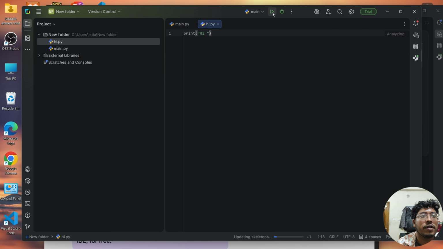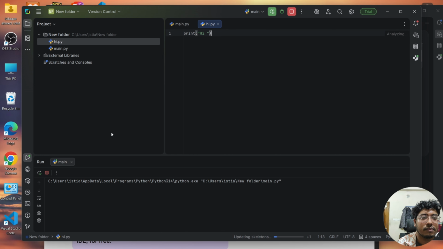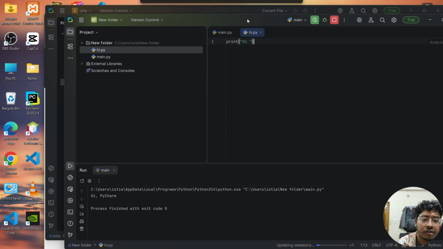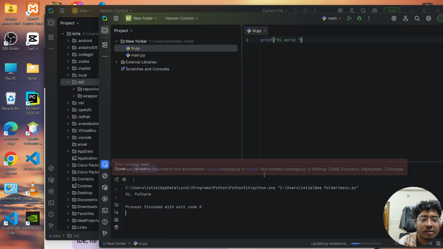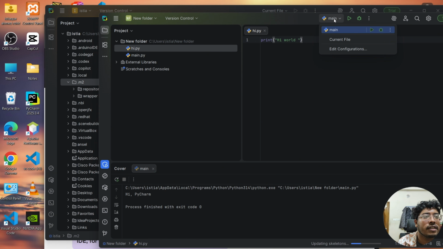So we will run this. Look, we run the main.py, not the current file. Now current file,